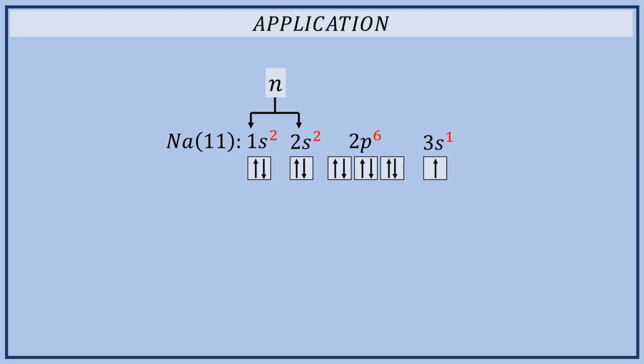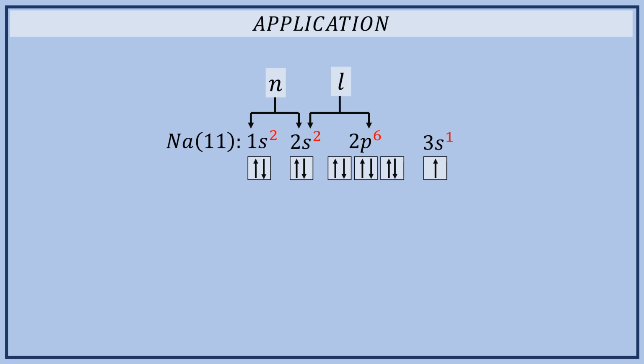Now, within a shell, the electron is further distributed in the subshells. So, if there are more than one subshell in a shell, we have to distinguish between them. And this distinction between subshells within a shell is made by azimuthal quantum number. For example,